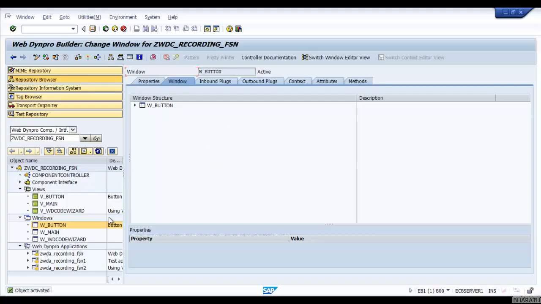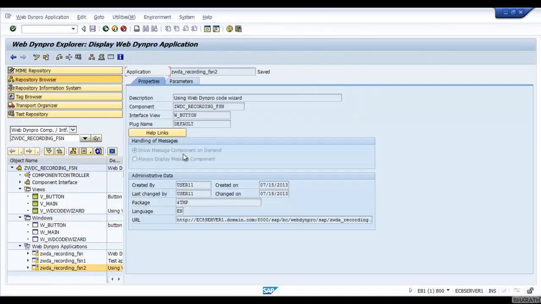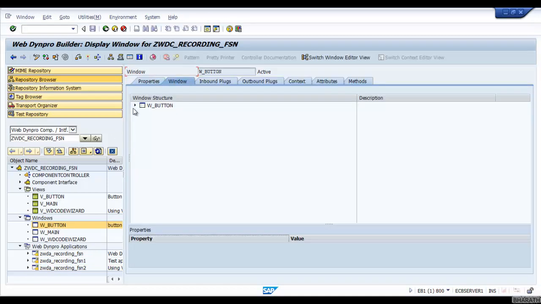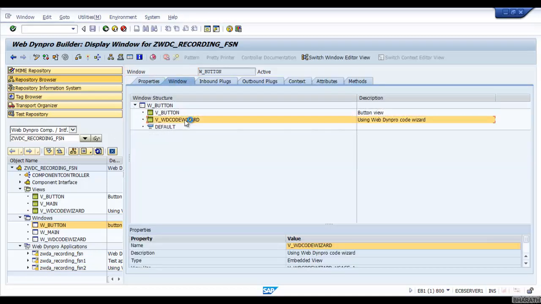How? See, if I go to this WebDynpro application, it has been created with respect to this component and this interface view, plug name default, and this interface view, if you go to the w underscore button window, what is the default view?